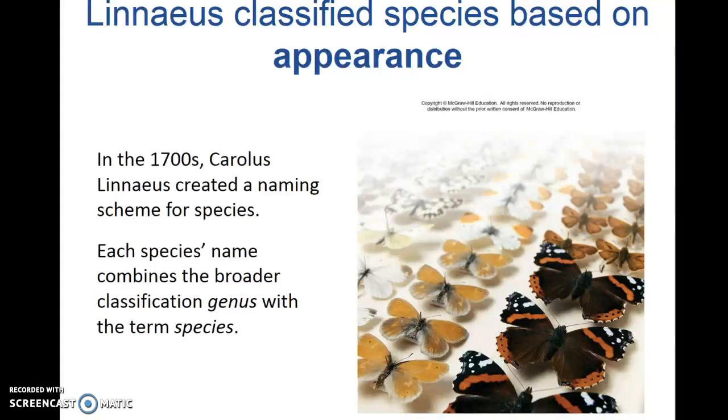So for example, Homo sapiens: our genus is Homo. We belong to the group of Homo, which were all human-like groups that used to be here. They have all since gone extinct, but if you have ever heard of Homo erectus or Homo ergaster or some of the other Homo groups, those were groups that we shared. Now it's just us. Now we're just Homo sapiens, which means wise man, by the way, if you didn't know that.